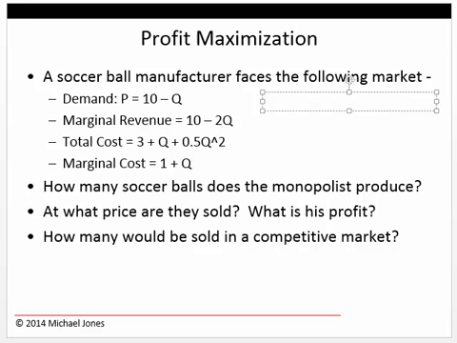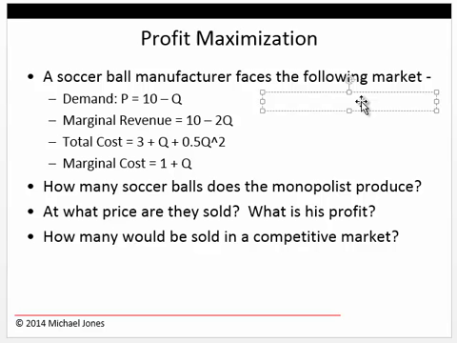In this video, I'm going to use the following information to solve for the profit maximizing quantity. Imagine that a soccer ball manufacturer faces the following market. He faces a demand curve where the price is equal to 10 minus Q, a marginal revenue curve of 10 minus 2Q, a total cost curve of 3 plus Q plus 0.5 Q squared, and a marginal cost curve of